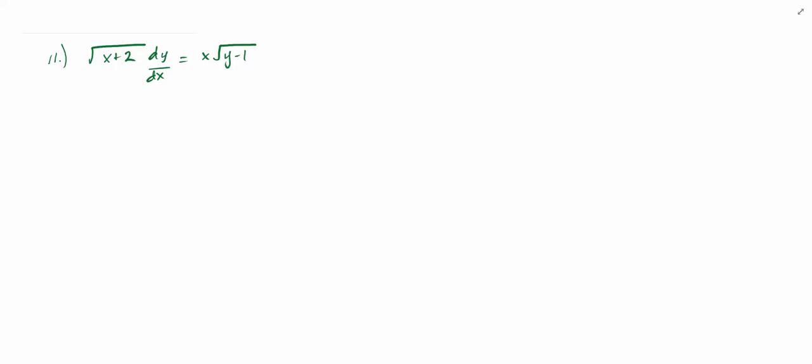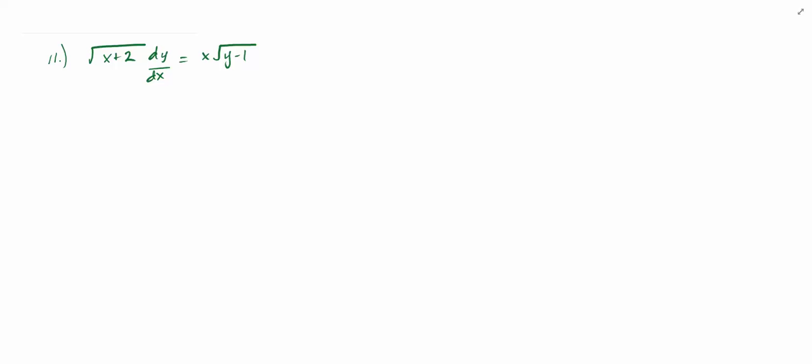Okay, for number 11, we're given the square root of x plus 2 dy over dx equals x times the square root of y minus 1. And it wants us to find the general solution, so not the particular solution, which means we don't care about any initial conditions. So in order to find the general solution for differential equations, the first thing we want to